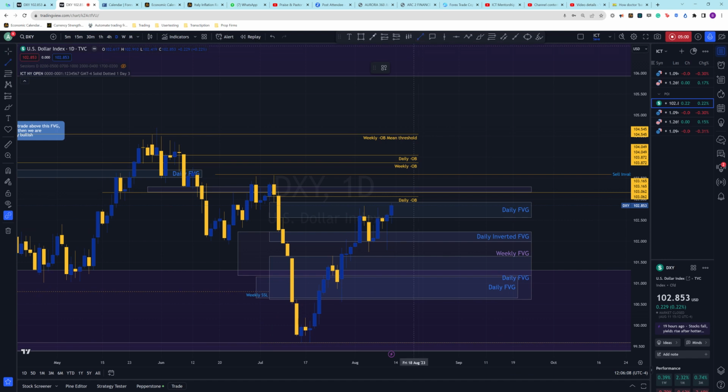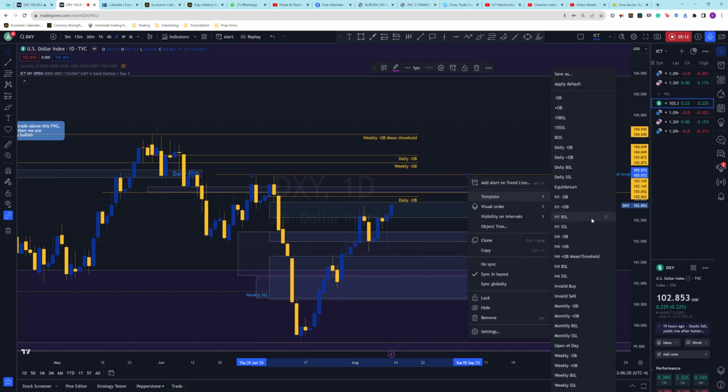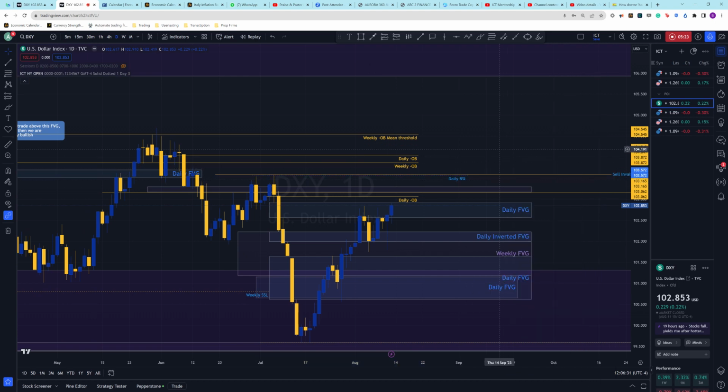What I'm thinking is that price is most likely going to draw all the way up here. It might be wise to be a buyer here based on my analysis for the week, because we have this top that's relatively equal highs. It's too clean. I feel like price might go to take that out. Anyways, all right.